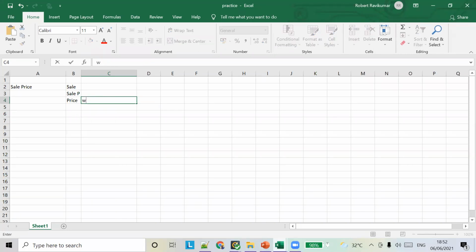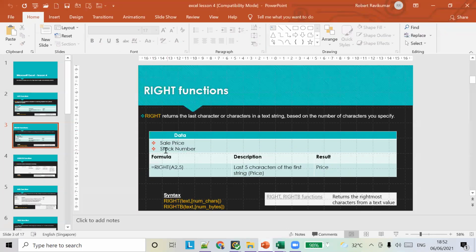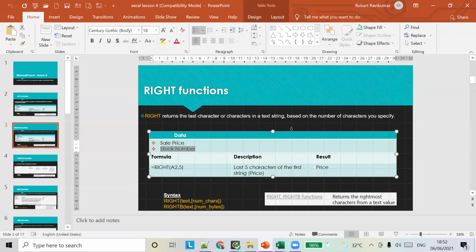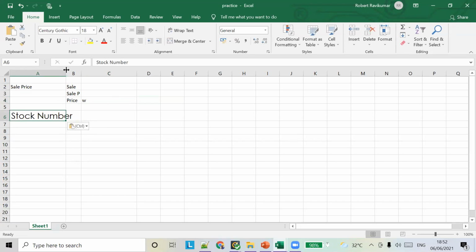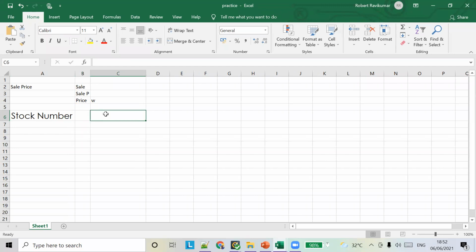Let's see another example. Let's take this example, stock number, and we'll cut something from the right.